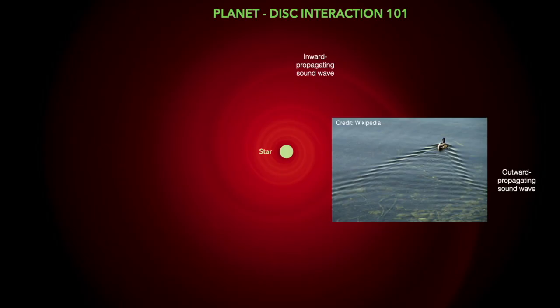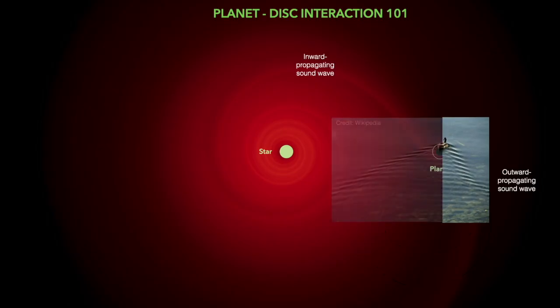It makes waves. But this thing is known as the Kelvin wake. So the wake, the kind of V shape made by a duck, is simply the line of constructive interference of all the waves generated by the duck. Here's the duck. So a planet's just the same. You have all these waves excited by the Lindblad resonances, and you add them up on the line of constructive interference, and you get this shape of the planet wake.